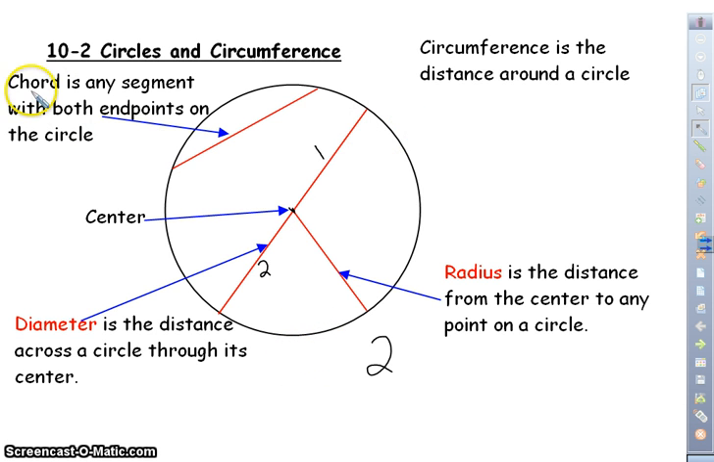And the other one that's not as important, but it is important to know, is a chord, which is any segment with both endpoints on the circle. So you can see the endpoint here, but it does not necessarily pass through the center. Okay? Next page